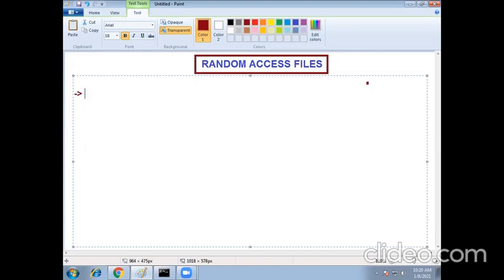Understand all of you? So in general, write down one point. We can use a file for either read or write operation.